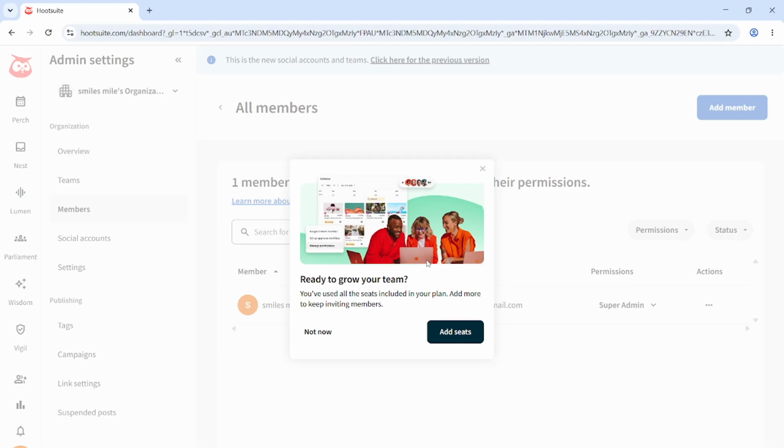That covers everything you need to know to add team members to Hootsuite. From opening settings to completing the member setup and confirming the change,